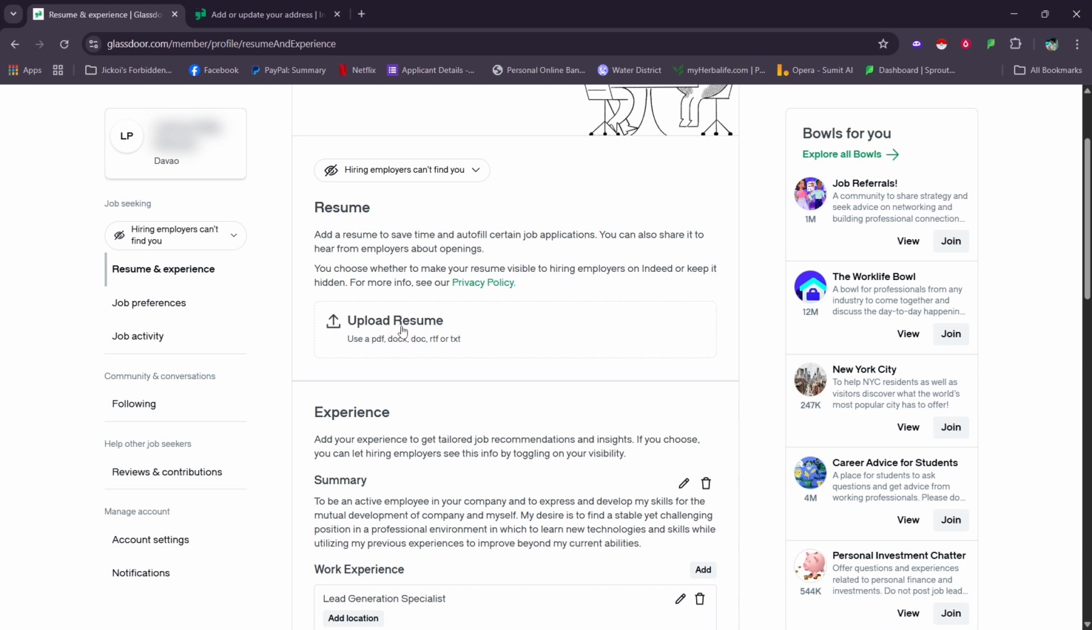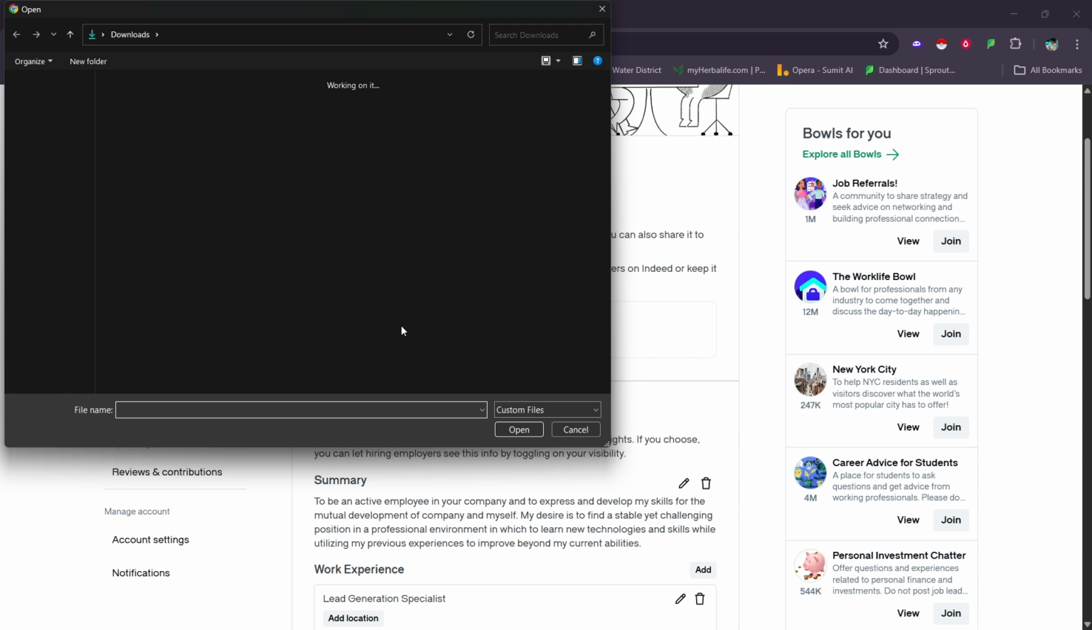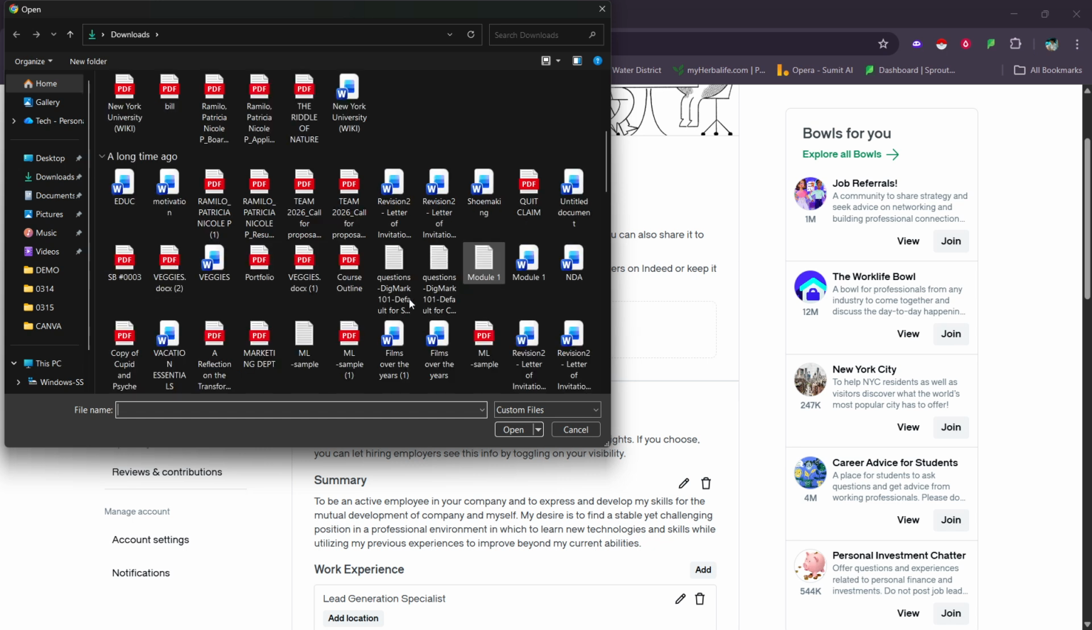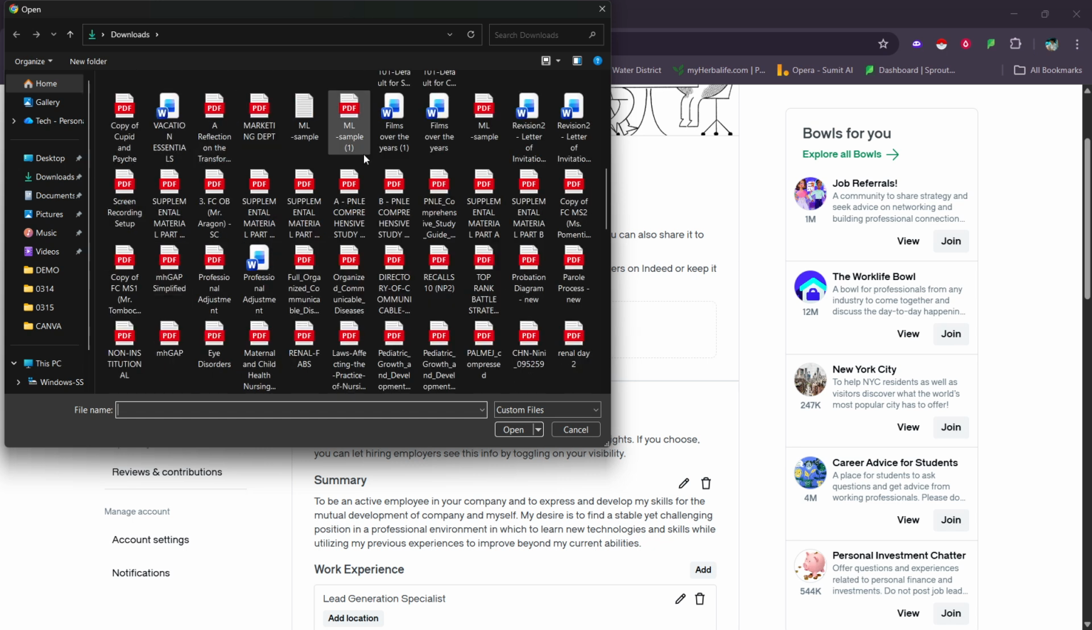Next, choose your file. Click the Choose File button, which will open your computer's file explorer. Navigate to where your resume is saved, select it, and confirm. Accepted formats are PDF, Doc, or DOCX. As a tip, PDF usually preserves your layout best, while Doc or DOCX is fine if you anticipate making quick